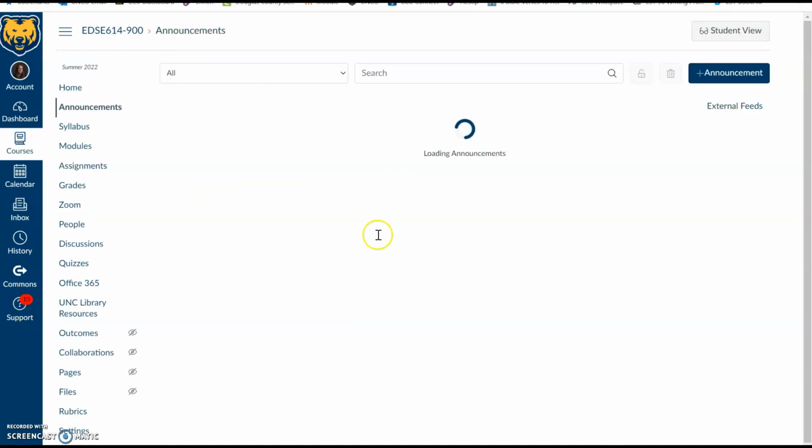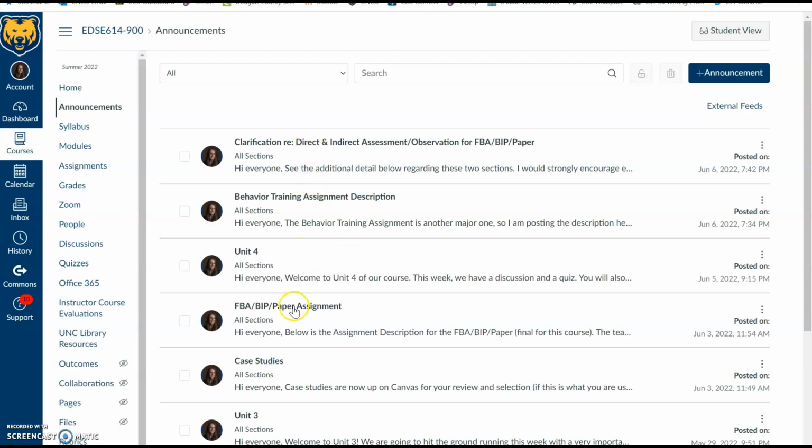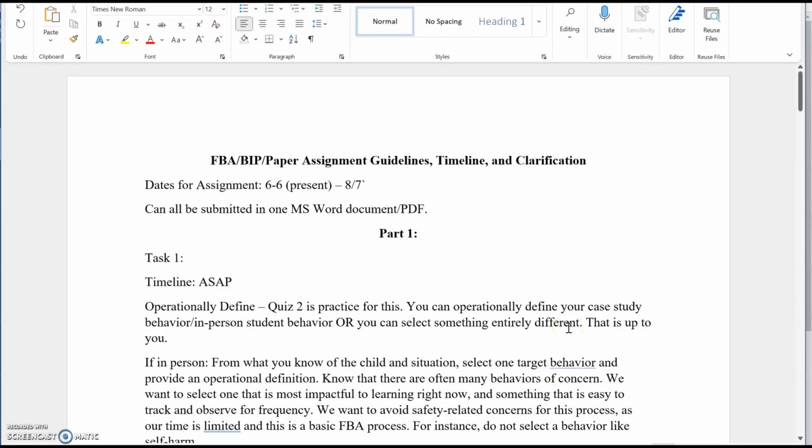So recently under announcements here in Canvas, the assignment description has been posted. However, I know that especially with several case study options and some of us working with students in real life, and just all of the different information provided, variety is good, obviously, for case studies, but it can lead to things feeling more complex. So with all of that taken into consideration, I just wanted to develop a guidance document